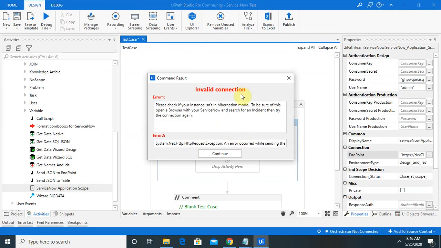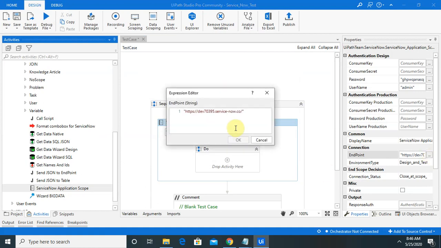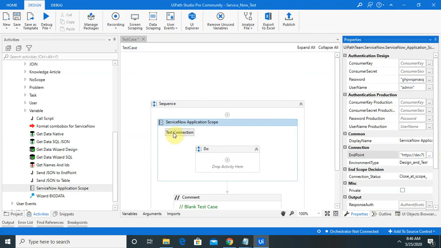Now you can see invalid connection details are shown here. So in this way you can configure your ServiceNow connection in UiPath and test whether the connection is working properly or not.